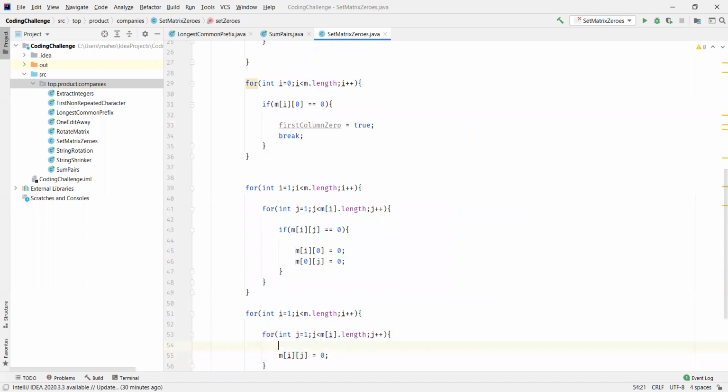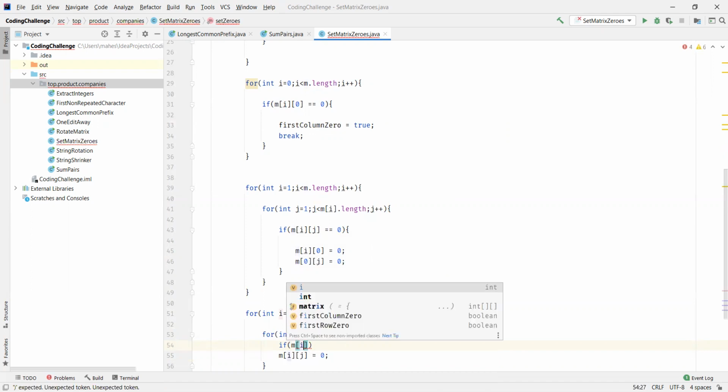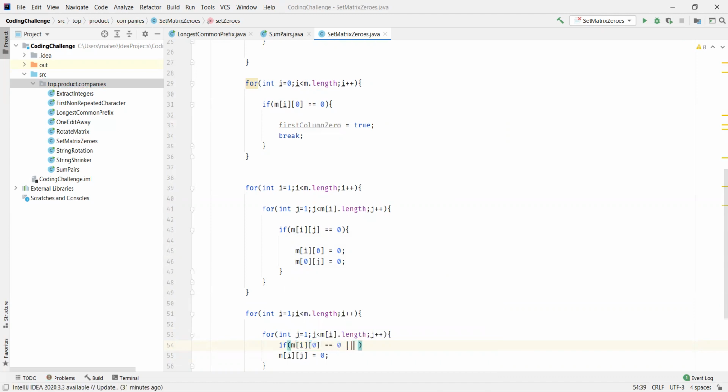When do we do this? Just now we actually marked the zeros in the first row and first column, right? So that is what I am writing as the condition here. If we find 0 in the first column, or if I find 0 in the first row.